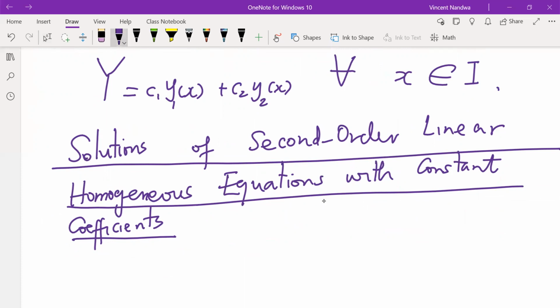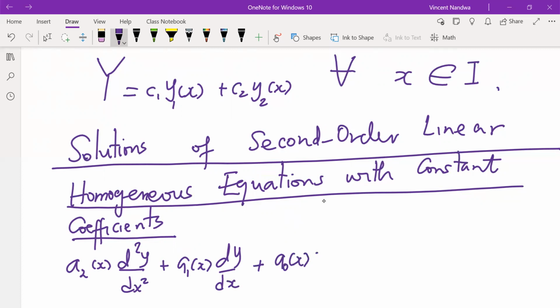So we say that a differential equation of the form a2(x) d squared y dx squared plus a1(x) dy dx plus a0(x) y equals f(x) is what we call a second order linear differential